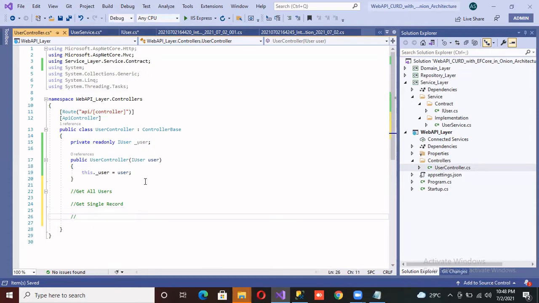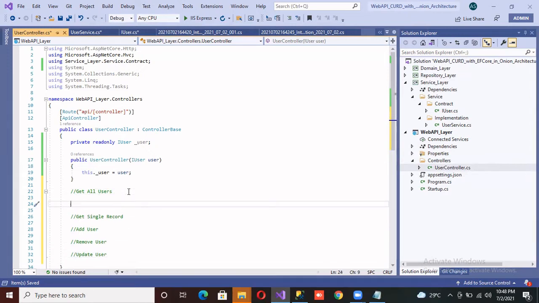And next controller to add user, and then remove user, and then I will create an update method and create update API to update the user. Okay, let's start with get user.